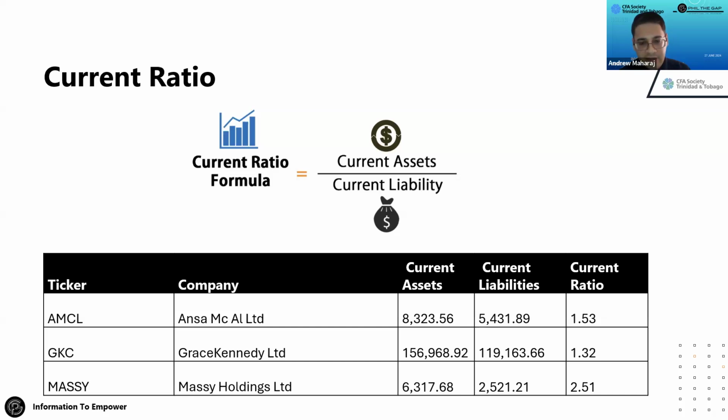That would be the right-hand side of the balance sheet. So that's where you could find the current liabilities. And then in terms of what you use the funds for, that would be the asset side. So you can find the current assets on the left-hand side of the balance sheet. So using these numbers, we can see that McCall has a current ratio of 1.5, Grace Kennedy 1.3, and then